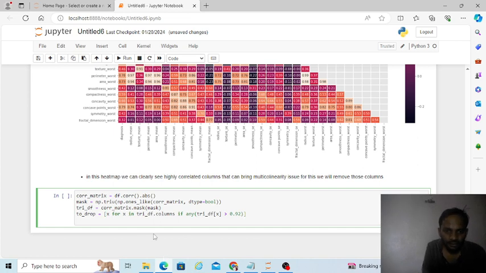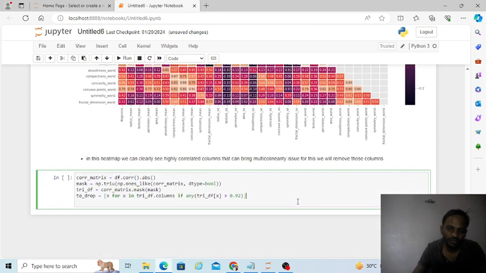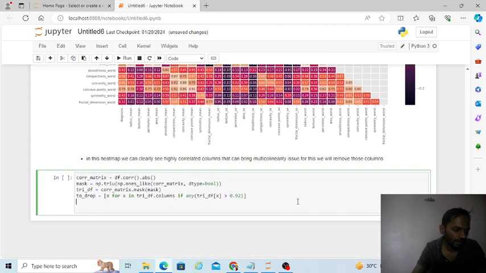So in to drop we are trying to extract those values of our data frame that have greater values than 0.92. So all the values greater than 0.92 will be extracted, and those columns we want to delete. So I will write df equal to df dot drop